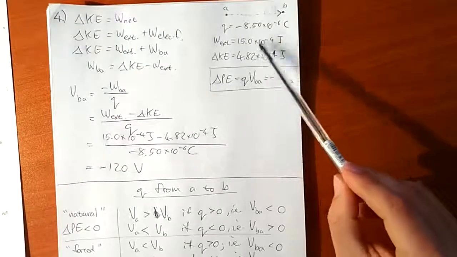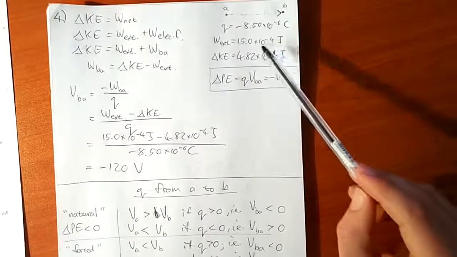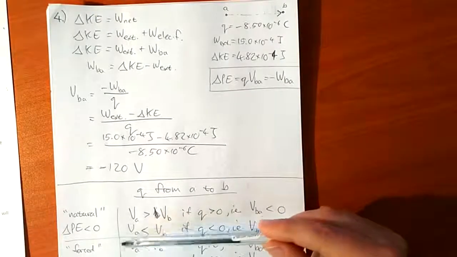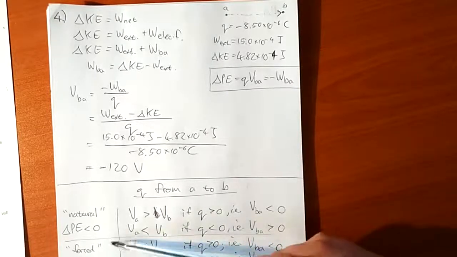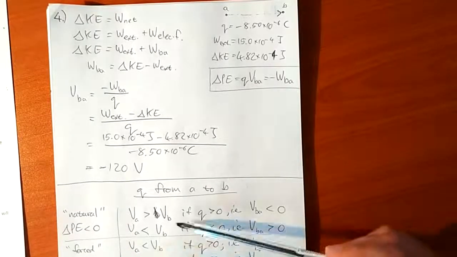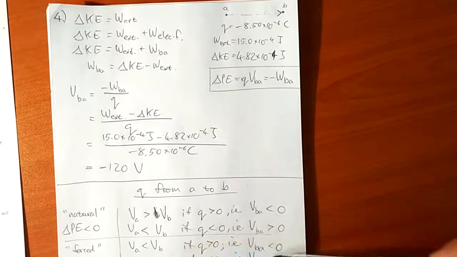So this tells me that this charge is not going the direction that it wants to go, based on the direction in which it feels an electric force. So it is the forced case. Now for a negative charge, if it's being forced in a certain direction, it means its electric potential energy is increasing, then point A, where it starts from, is at a higher potential than where it ends up. So then,